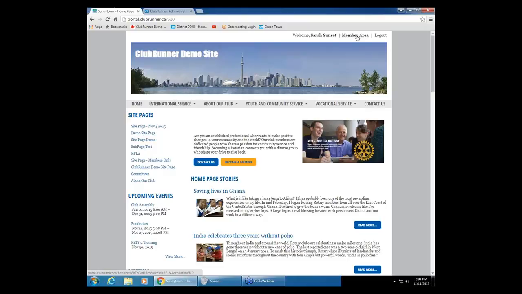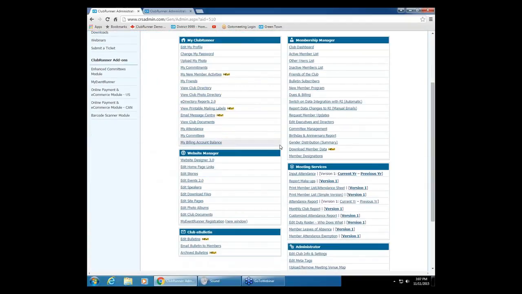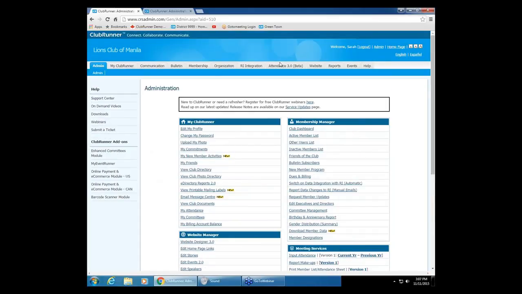So we're on our demo club site here. I'm going to go ahead and get logged into the members area. Now, this club is already converted to attendance 3. If it wasn't yet converted to attendance 3, you wouldn't see these unbolded links here. If you wanted to convert to attendance 3, the easiest thing to do is click on the Attendance 3 Beta tab, and then click on the Dashboard link, which I clicked on right here,